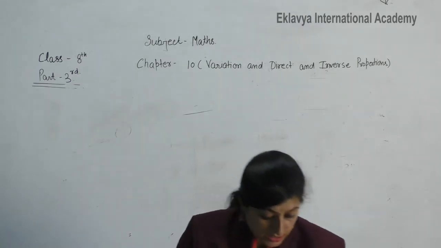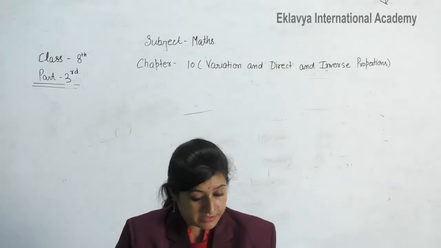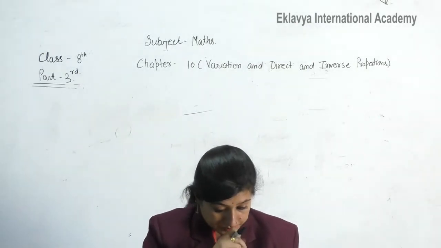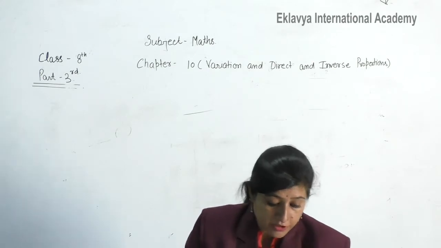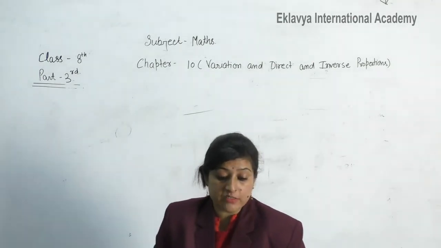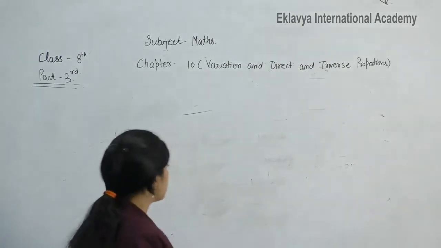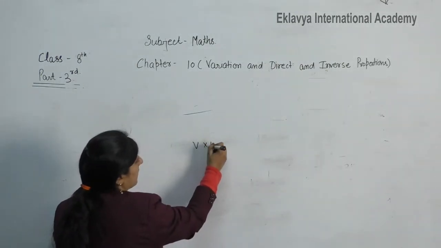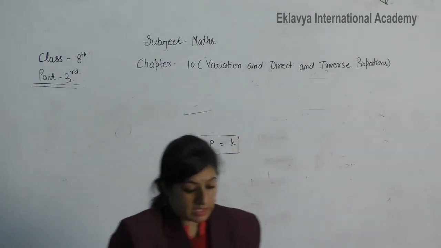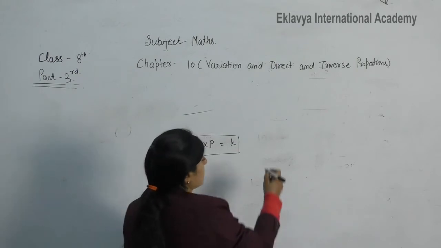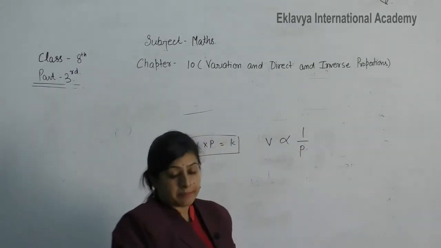See the question. First you have to tell the relationship between the given variables as an equation. The volume V of a gas at a fixed temperature varies inversely as the pressure P. It means it is an inverse variation. It means that volume multiplied by pressure should be constant here. And we can say inversely proportional means V proportional to 1 upon P.